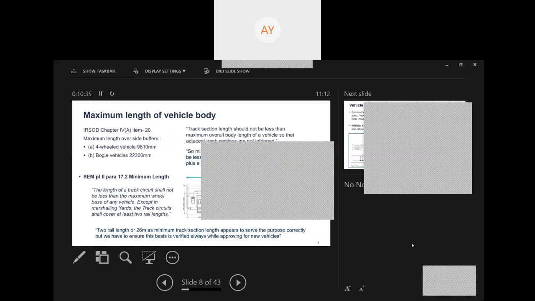And rightly so, the signal engineering manual specified the minimum length as